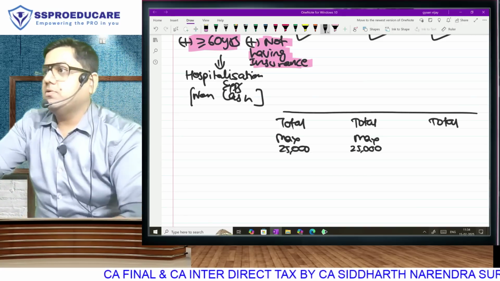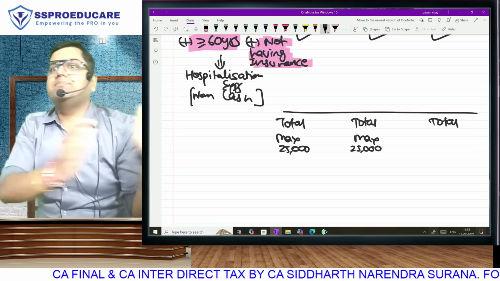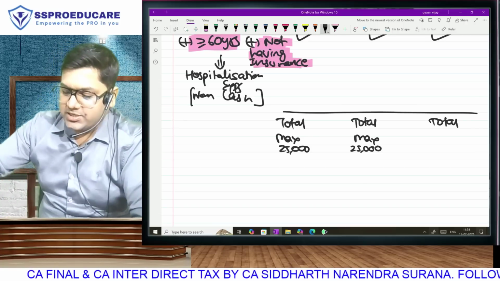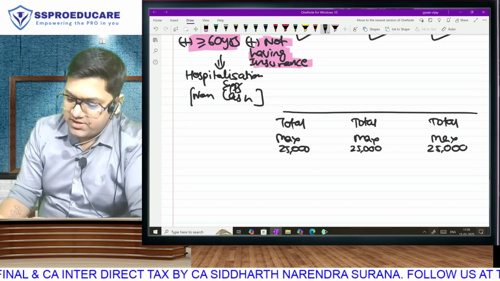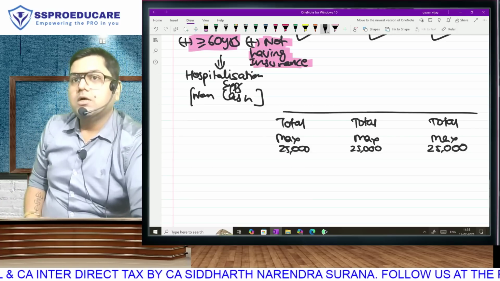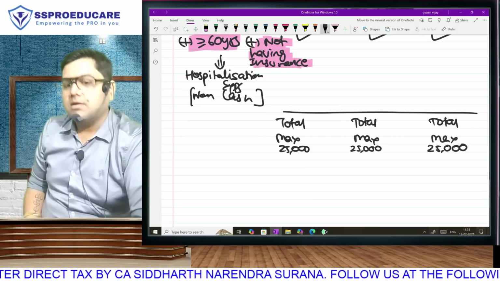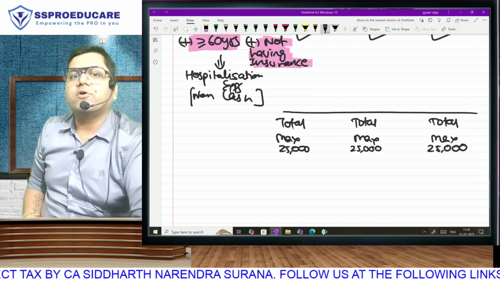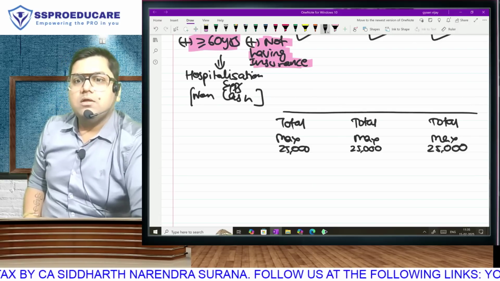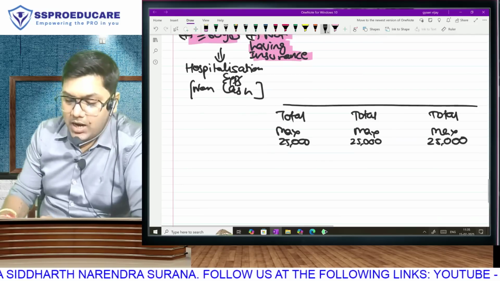You will keep them as two separate categories. And HUF, of course, is a separate assessee only. So for HUF again we have maximum 25,000. Is this clear? Correct? Actual and maximum 25,000. So what is the limit for individual first category? 25. Individual second category? 25. And HUF only category? 25. But